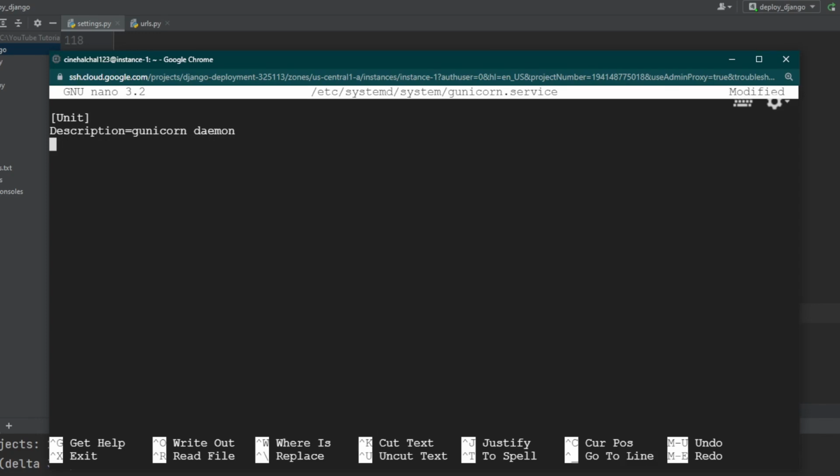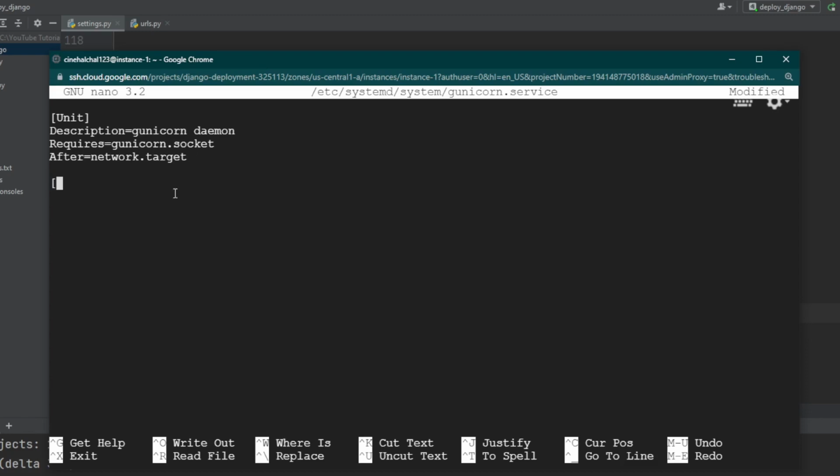We tell the init system to only start the service file after the Gunicorn socket is created, because our service relies on the socket from the socket file. For that, we need to include a Requires directive, Requires equal to gunicorn.socket, and After equal to network.target. We are also saying that this file has to start after the network targets have been executed.